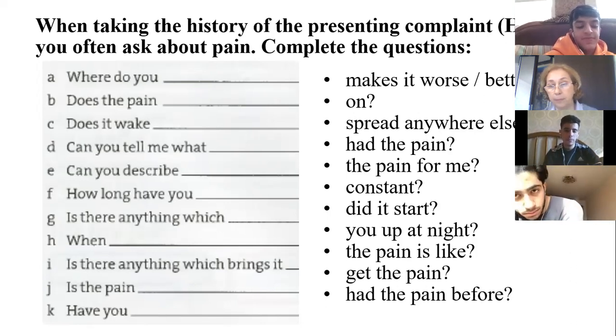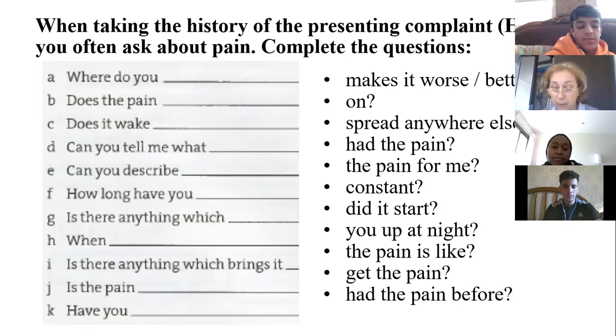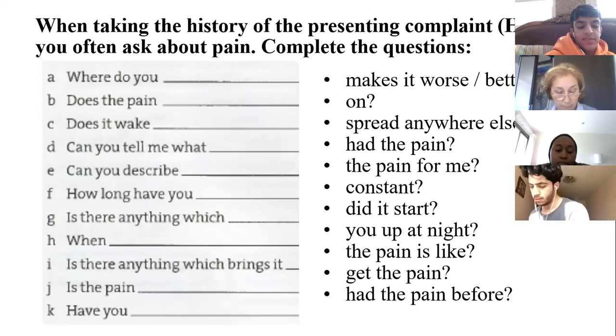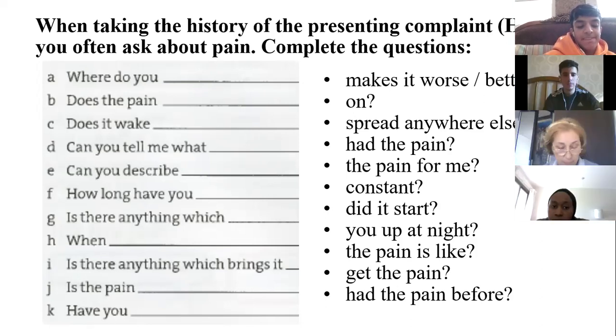F. How long have you had the pain? Good. You're right. The next is for Mazir. Is there anything which makes it worse or better? Exactly. Then Khalid, please. When had the pain before? Grammatically, it's wrong. This is when about the time. If we speak about the time, so there are some